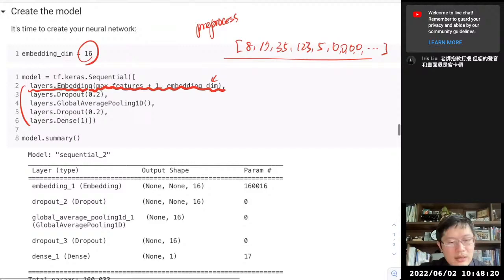After that, of course this is a very simple text neural network. It has a 20% dropout, a pooling layer, and then a dense layer. So it is very simple, and you simply apply this model. Here we have the summary of the result. You have to make sure you set the correct settings, for example, how many words in the dictionary you want to use, how many